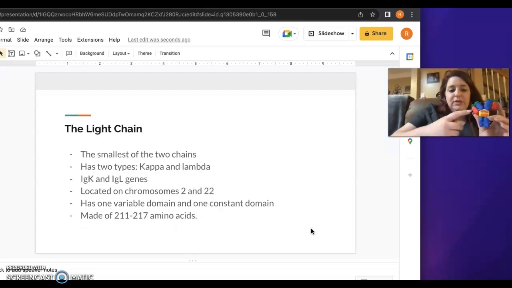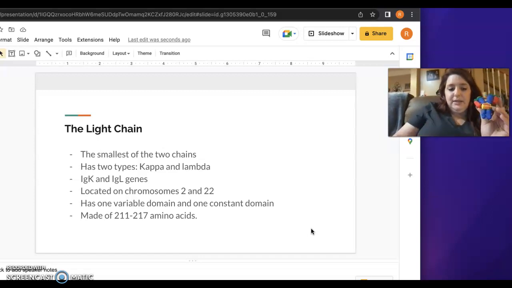The light chain is the smallest of the two chains, signified by the red clay right here. It has 2 types, kappa and lambda, classified as the IgK and IgL genes. It is located on chromosomes 2 and 22. It also has 1 variable domain and 1 constant domain, and it is made up of about 211 to 217